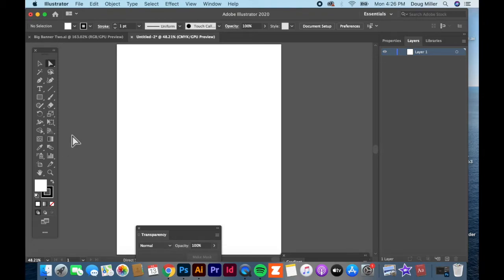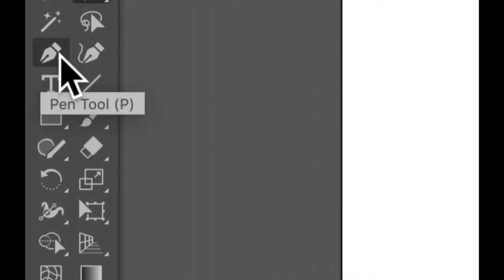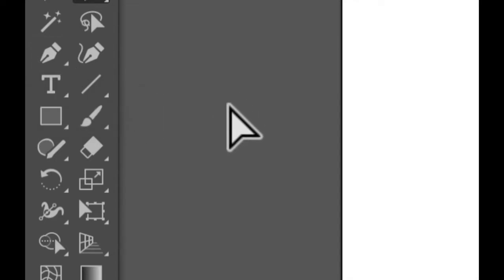Today we're going to go over some simple use of the pen tool. So the pen tool is this tool right here in the toolbox. You can access it also by hitting P on the keyboard. So no matter what tool I'm in, if I hit P on the keyboard, it'll automatically change to the pen